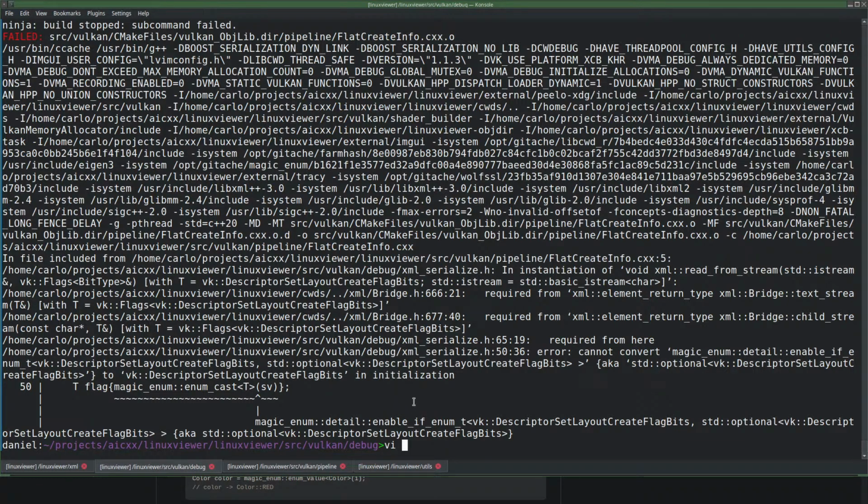What is this? Again, it's not compiling. Cannot convert enable if to that. Optional VK descriptor set layout bits to that in initialization.